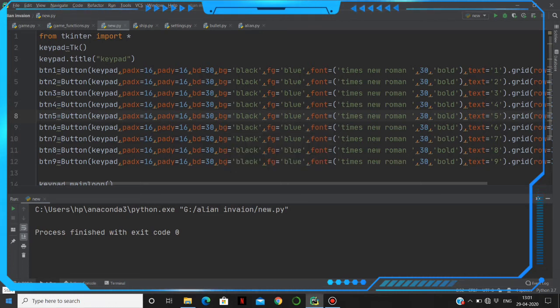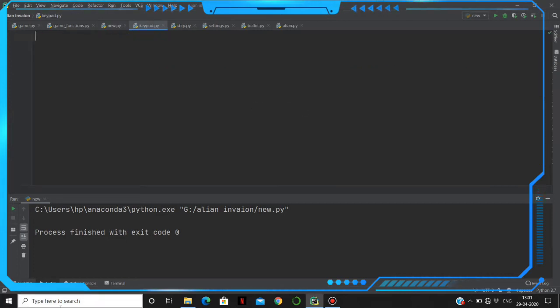First of all, we have to import the Tkinter toolkit. From tkinter, we have to import all the functions present in it, so I'm going to import all of them using the star mark.